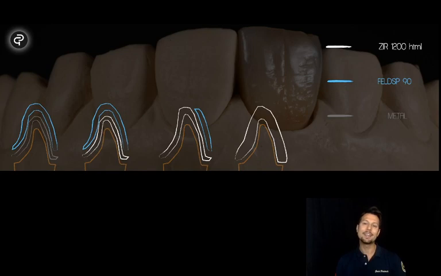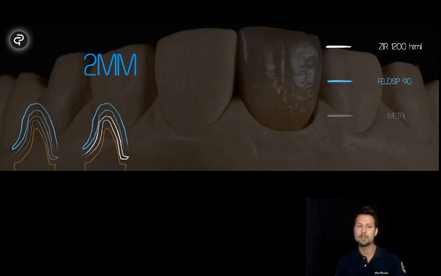And that means that it requires even less space, because if we consider this kind of technique, we need not less than 2 millimeters. But we saw by the scanning that we have just 1.5. And so we will not be able to do this kind of crown. We have to prep more, but